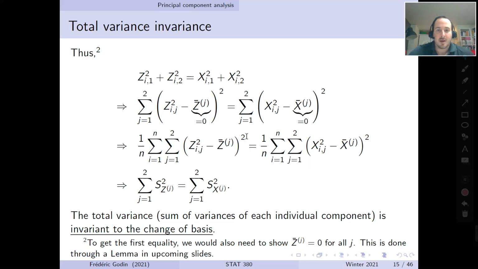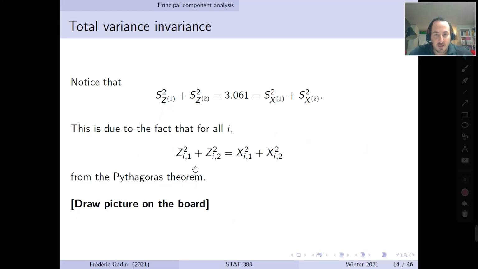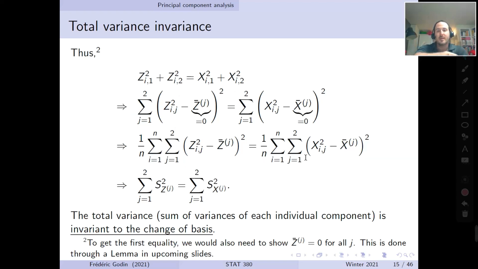Okay, showing this leads to this. This is what we're going to do next. I've basically shown it, but let's go through these steps a bit more slowly. We just showed that the sum of squared coordinates for the new set of axes is the sum of squared coordinates for the old set of axes. And again, to go from here to here, recall that when you do Zij or Zij minus its sample average, it's the same thing, because